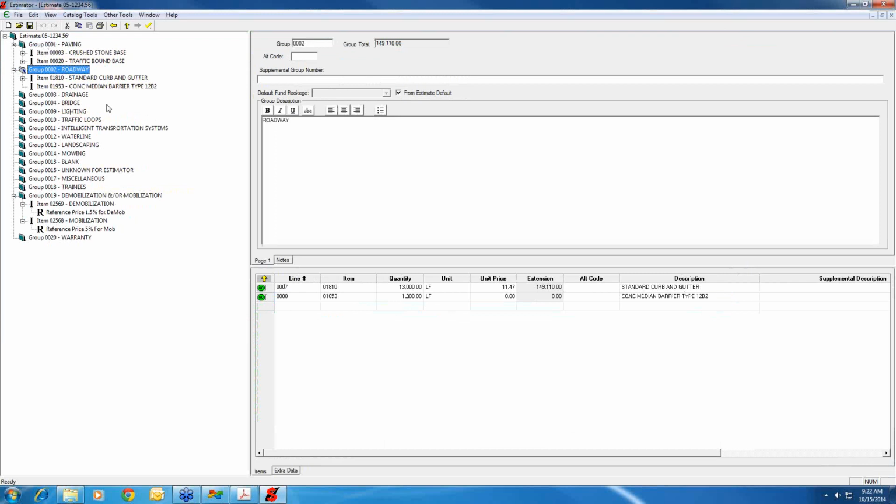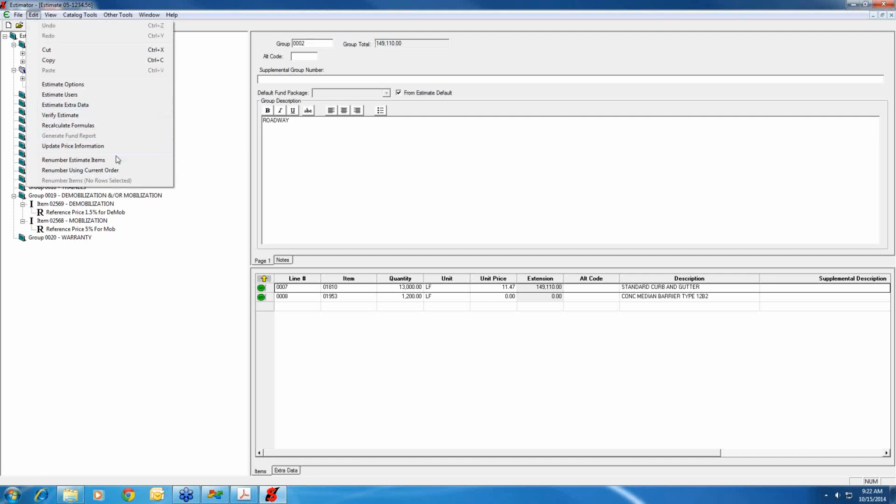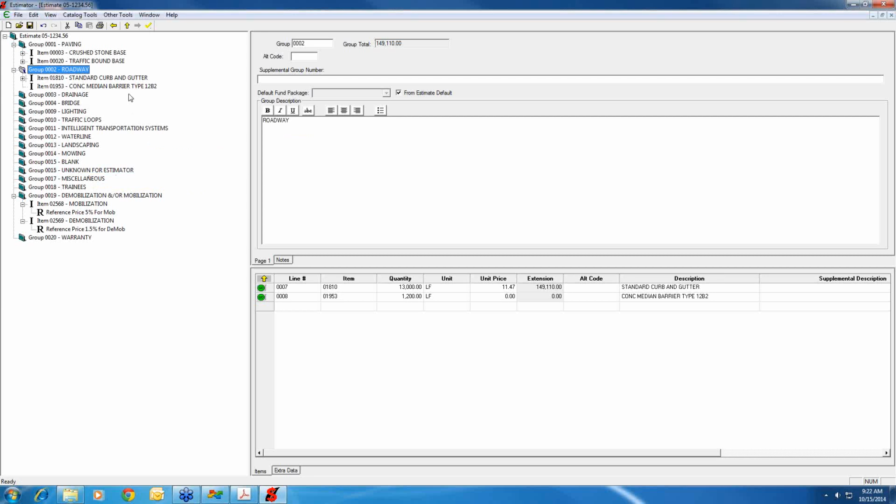Another thing that you might want to look at too is the order that they're in. If you click on the group, then down here in the bottom right you've got a list of your bid items. You can organize them by item number, and then if you click on Edit, you can renumber using current order, and it will put all those bid items in that group in their